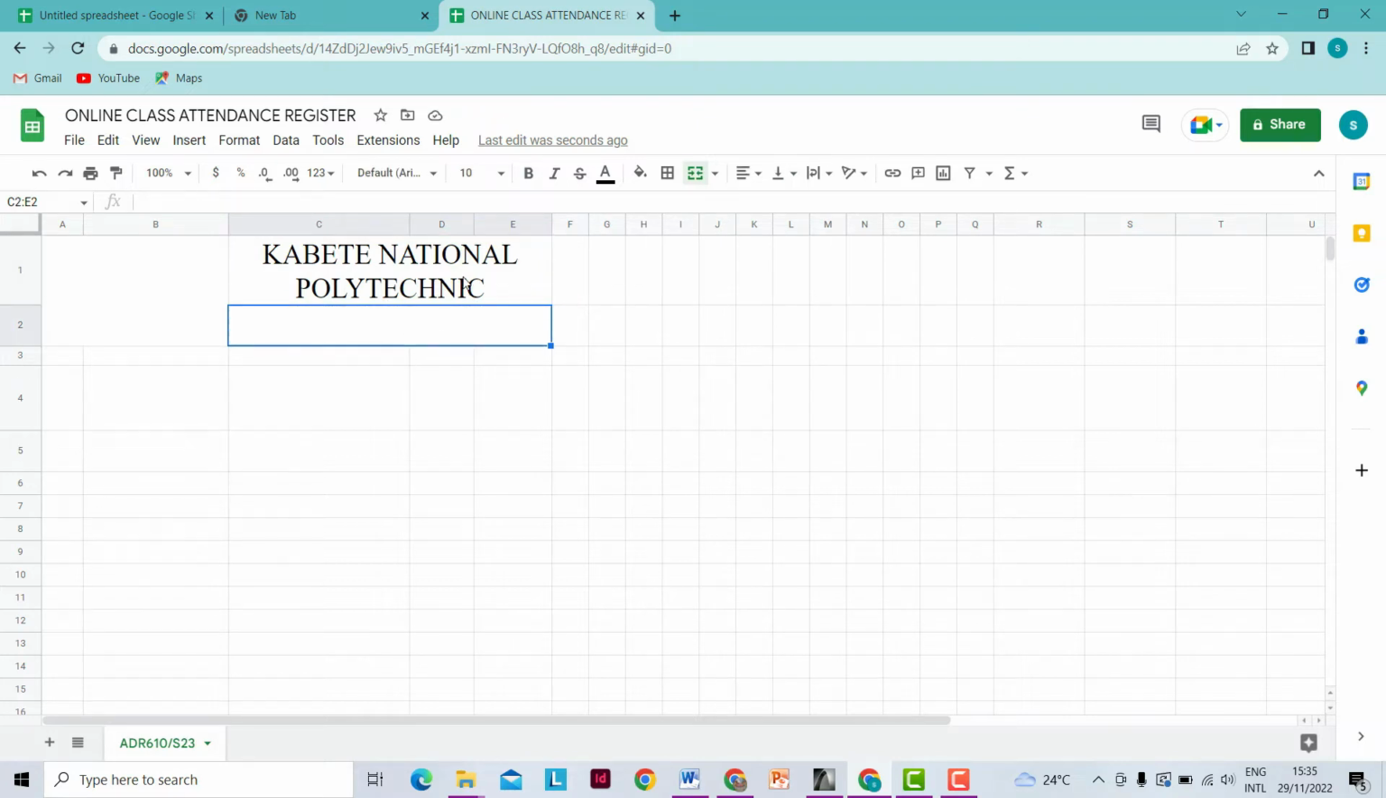Then the cell that is below it, we had merged it before. Then we will indicate the name of the department. Then we have the cell that is below the institution's name. We had merged it before, so we will indicate the department into which this register is domiciled in, and for this case this department is under Institute of Engineering and Built Environment. The name of the department is